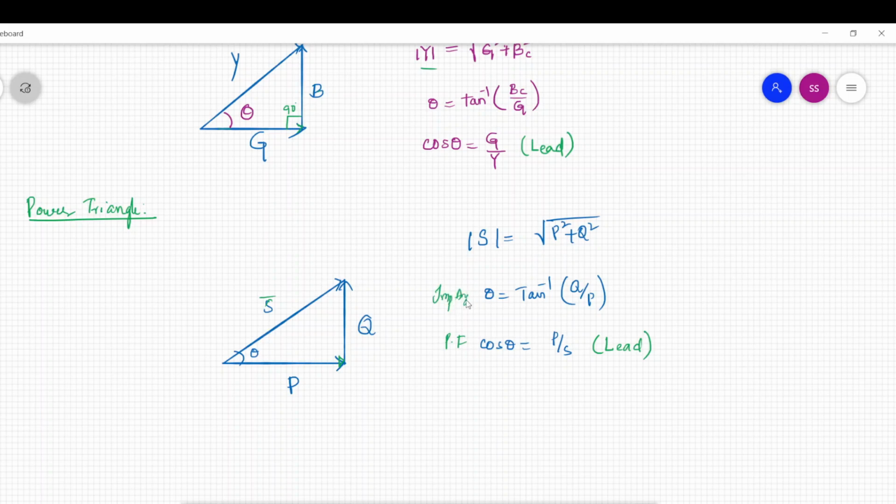This is the impedance angle, right? So for the RC circuit, the apparent power S equals P bar plus jQ bar, here it is QC due to capacitive reactance. Earlier for the series RC circuit it was S bar equal to P bar minus jQ bar, but for the parallel RC circuit it is S bar equal to P bar plus jQ bar. So see the difference.